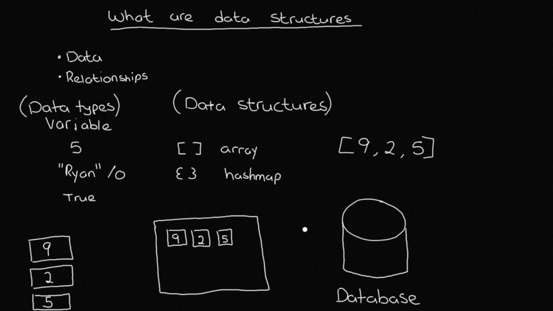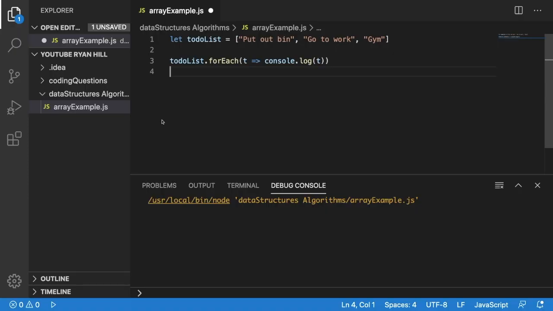So that's why we have to store it in the database. Let's jump into a quick coding example of a data structure. In this example, we're going to use an array. I'm using JavaScript, and you can see that I've created an array called to-do list. In my to-do list, I have 3 different items that I have to do. I have to put the bin out, I have to go to work, and I have to go to the